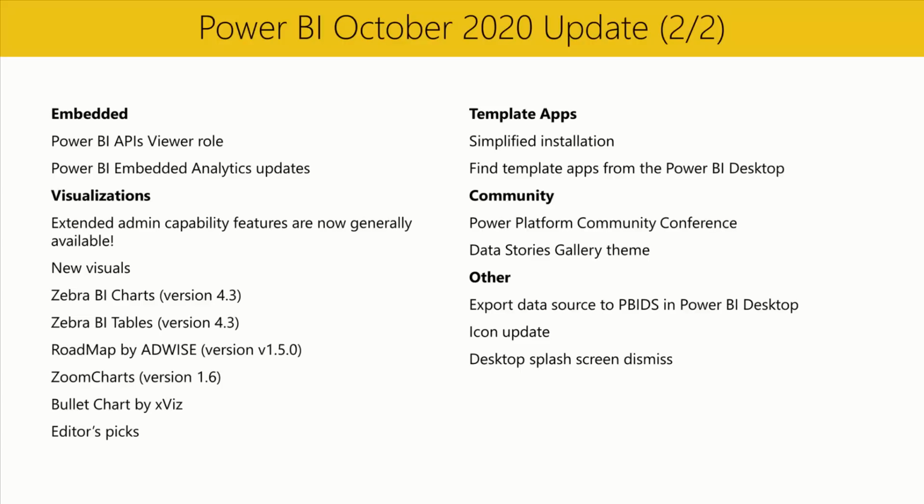We have several new updates for you in the embedded section. First, Power BI APIs now support the viewer role. You can assign this role to users who need to view content within workspaces without the ability to modify it. Second is a collection of improvements to Power BI Embedded Analytics. Embedded Analytics will reflect Power BI's new look. Personal bookmarks will now be available to embed for your organization. Embedded Analytics now supports personalized visuals, and the report action bar and persistent filters are coming to embed for your organization.